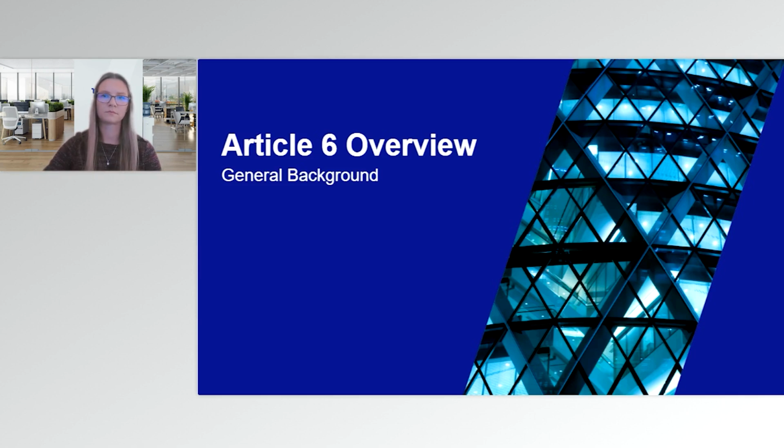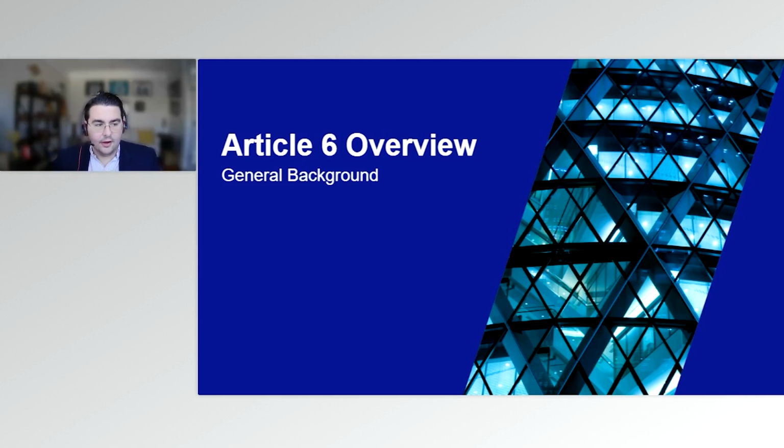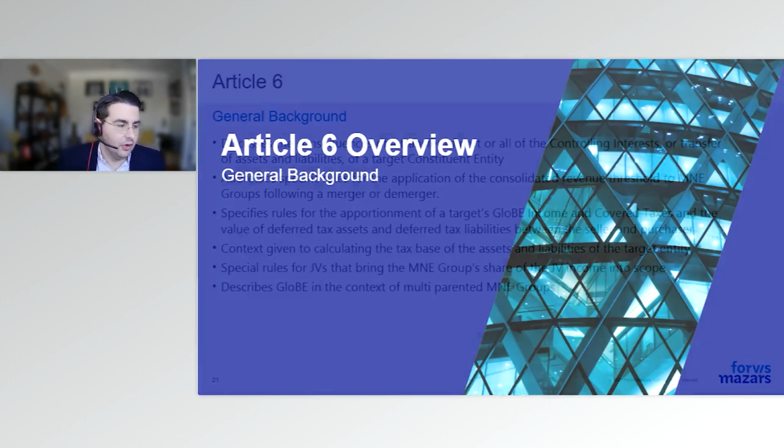Thanks, Carolyn. Yeah, and great run through there. And JV groups are always a tricky one because they really are treated like an M&E group within an M&E group. So those with JV groups should probably give a lot of deference to the Article 6 rules on that front. So let's go through a quick overview of what Article 6 says.